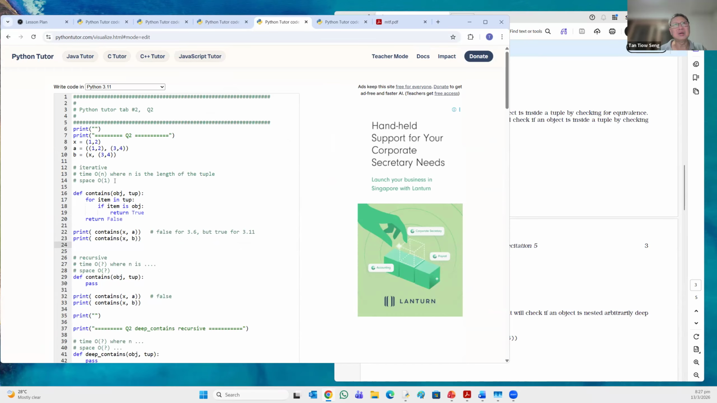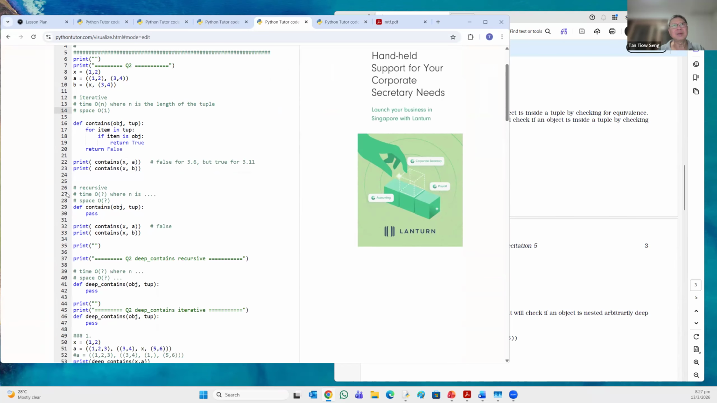All right, so the space is O(1) as we wanted. Let's see the recursion. I saw some recursion earlier on. All right, the recursion starts with checking whether the length of the tuple is 0. If it is, then return false. Otherwise, you check whether the item is there. If it is, then return true. Otherwise, you just recursively